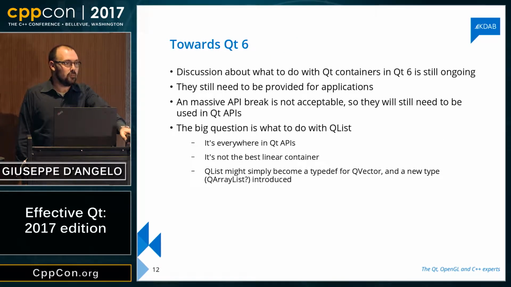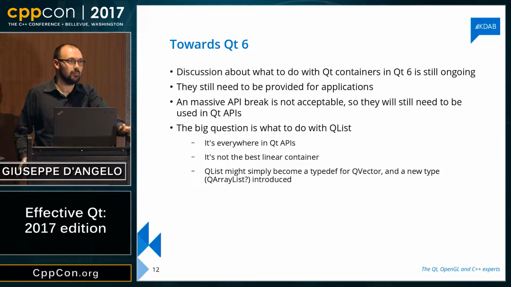Word of advice: what's going to happen in a couple of years down the road when we're going to release Qt 6, the next major version of Qt, where we can break some API? I don't think we're going to break anything. I think that unfortunately, Qt will need to stick with its own containers in its APIs for a very, very long time to come. So there's that. We're just going to accept it. I hope that in a couple of years, we also have much better refactoring tools, so eventually we will be able to give something to developers to move away from the Qt containers in their own code. But until that moment comes, unfortunately, Qt containers are here to stay for the foreseeable future.